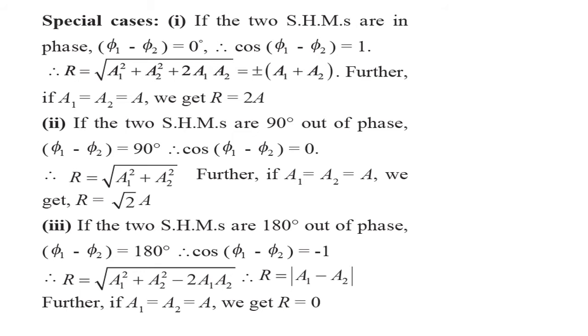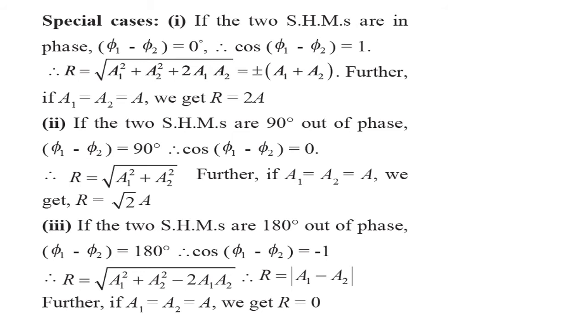Now similarly, if you assume that the amplitudes are the same, that is the values of a1 and a2 are the same, a1 and a2 equal to a, then r will be a1 plus a2, that is a plus a. So you get this value as 2a. So the resultant amplitude in that particular case, provided the amplitudes are the same and the phase difference between them is 0, will be equal to 2a.